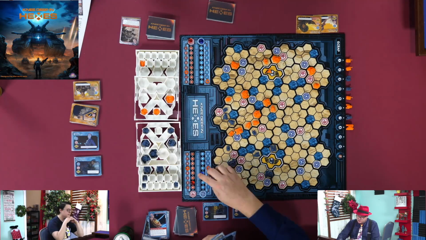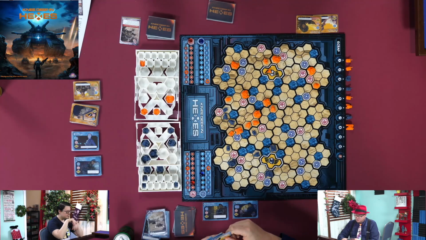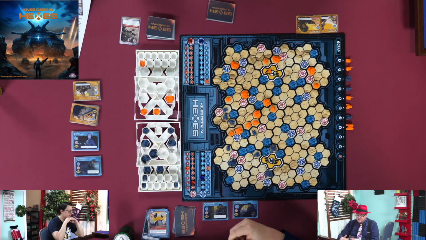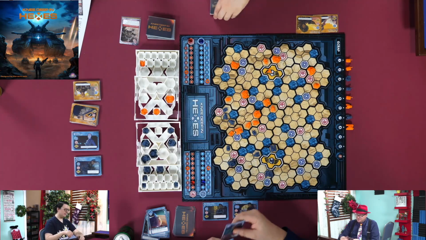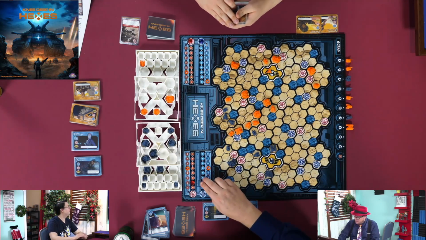I'm going to spend an energy to cycle a card. I'm looking for a specific one. I have found it, but that's not quite what I wanted. So I will cycle that card out. I'll cycle it out again, hoping to find a specific card. No, I didn't know this was in my deck. All right, maybe we should stop fooling around and...